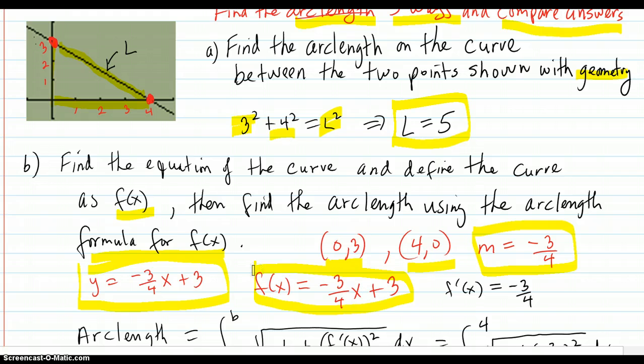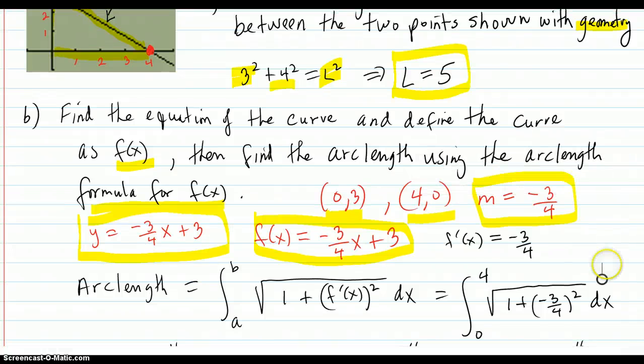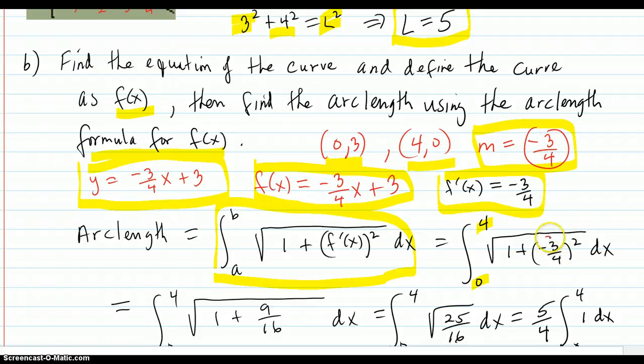like that. Then you're going to get ready to use the arc length formula, so you have to do the f prime in there. So your formula is a to b, that's x equals a to b, whatever those are, a square root here. So that's the arc length formula. Put in our numbers. Our x's are going from 0 to 4. Our derivative of f is right here. Okay, plugging in,